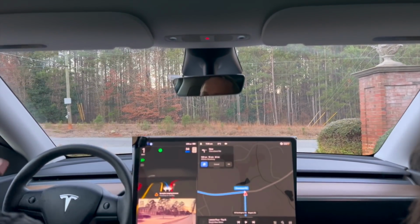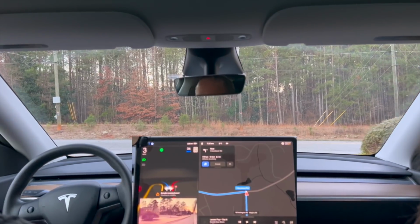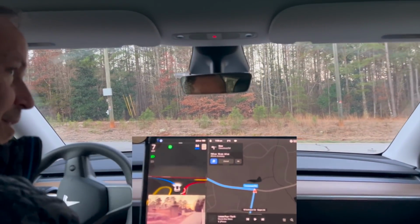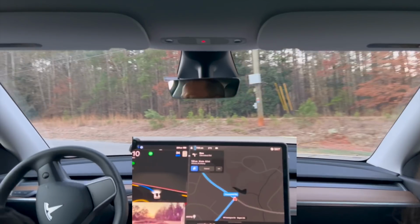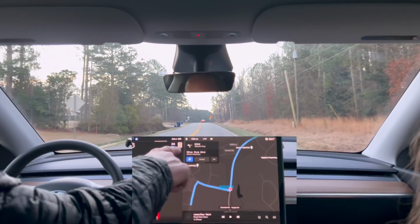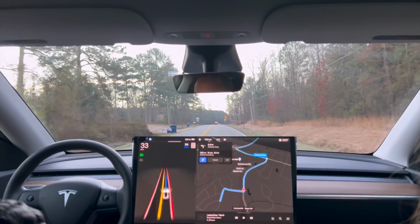Now it did the same thing. So you can see where the line is, where it should actually come to a stop. So it's still doing the same basic idea. But what I'm hoping for, well, okay, that was interesting. A little bit hesitant. Yeah, it's still, see, this is a 50-mile-an-hour zone, and so it still has that incorrect,